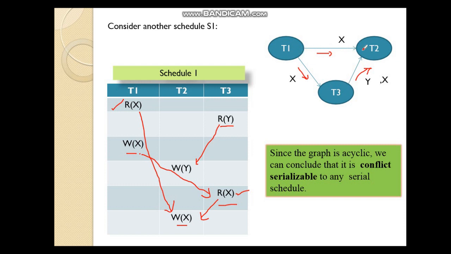See, T1 is going to T2, but T2 is not coming back to T1. T1 is going to T3, T3 is going to T2, but T2 is not coming back to T1. That means what? This is an acyclic graph. That's why here